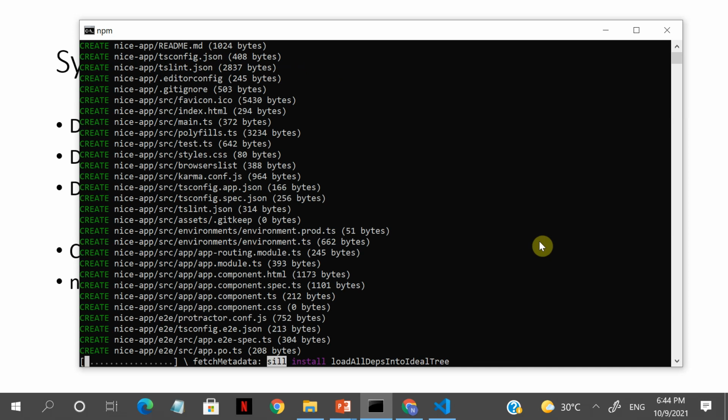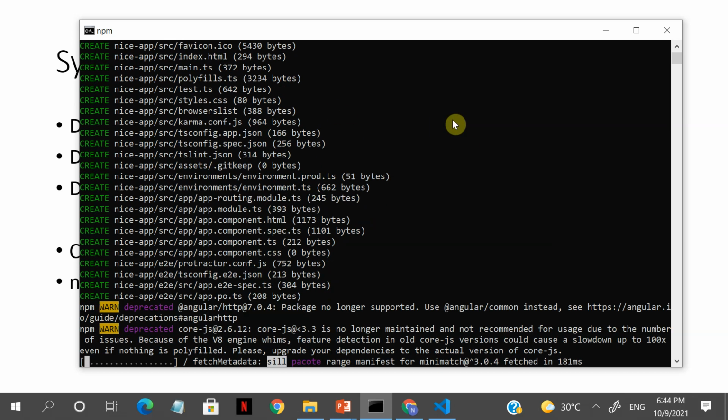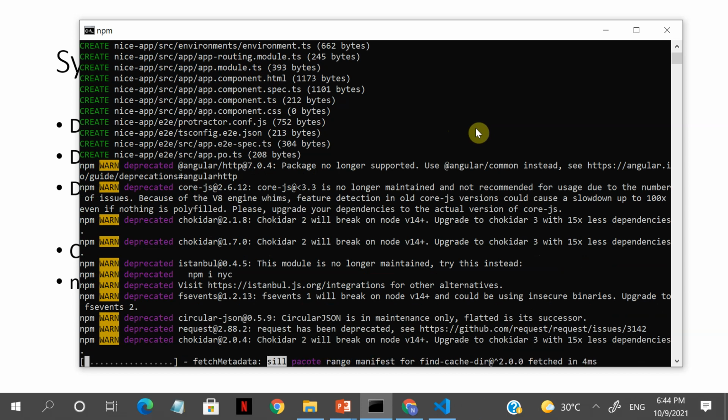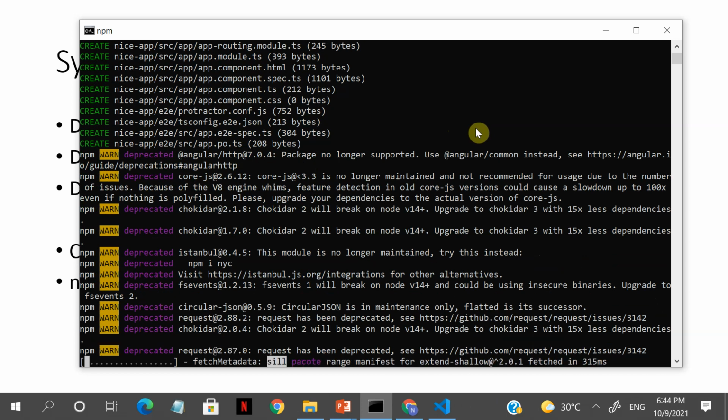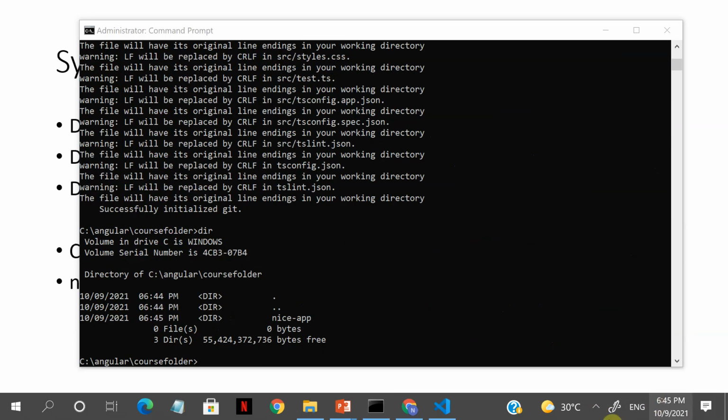If you see here, it is doing some magic. It is already creating some tests. You can see a lot of files, index.html. This is the main thing, that is the entry. Let's wait for a minute and let it do its thing, and then we will come back to it. Make sure that your internet is running, you need the internet on for this.